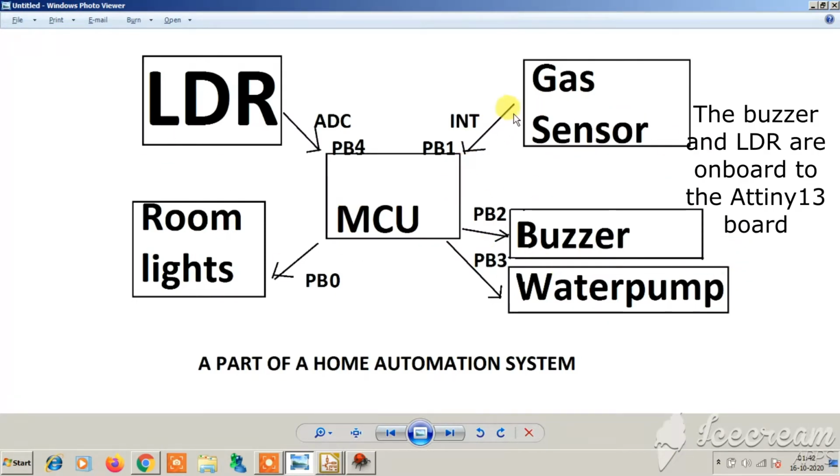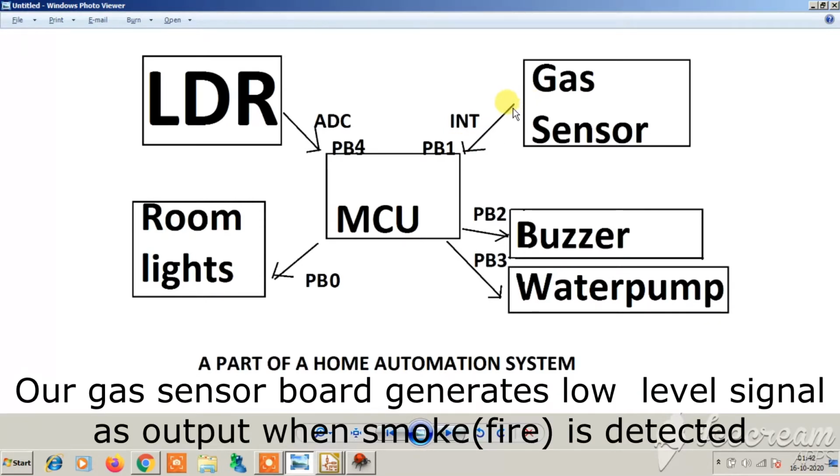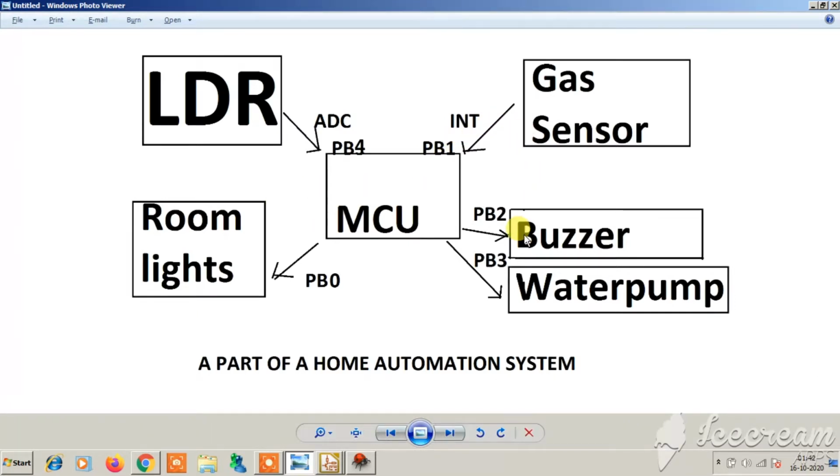If we feed the output from the gas sensor to one of the interrupt pins, then in case of fire, the output pin will go low, and the microcontroller will get an interrupt request. On such an interrupt request, it will jump off from the main code and serve the ISR, which will ring the buzzer and drive the water pump.